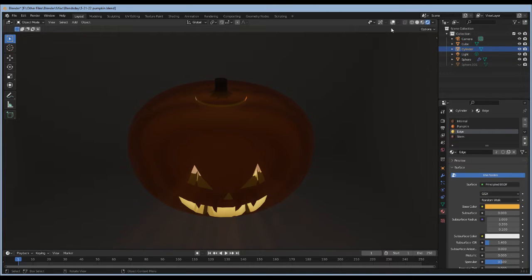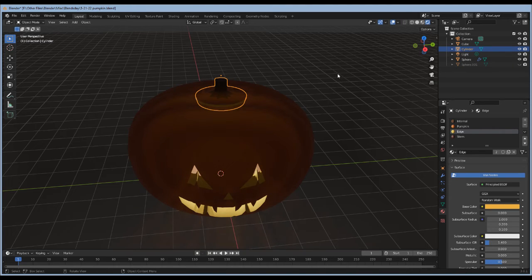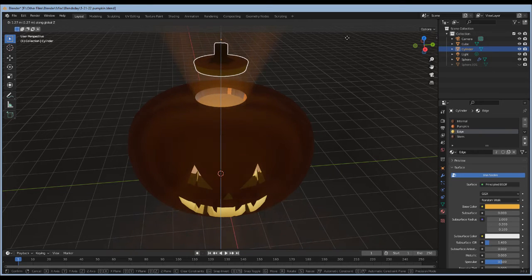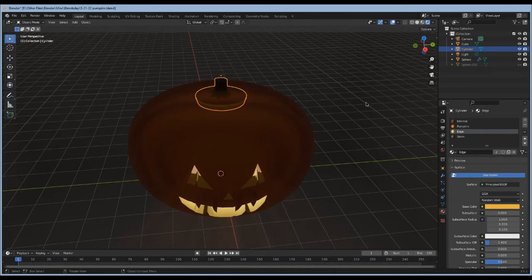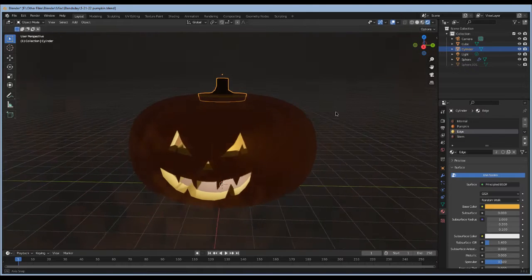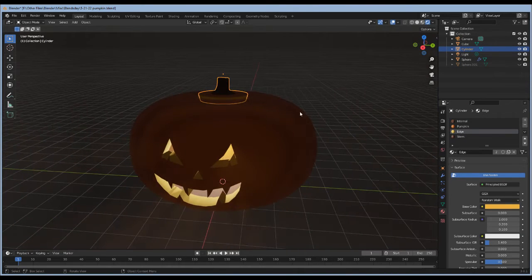Oh, let me. Hello? There we go. So the top is independently modeled, so you can pull it off, and this was a cool one. I may do more to use this in a sort of scene. So I may make something like gravestones or things like that. Yeah, for now we're just going to go ahead and